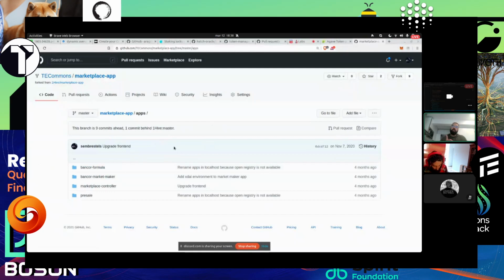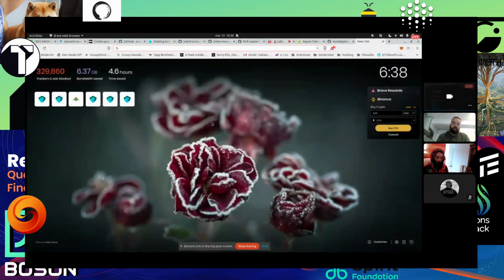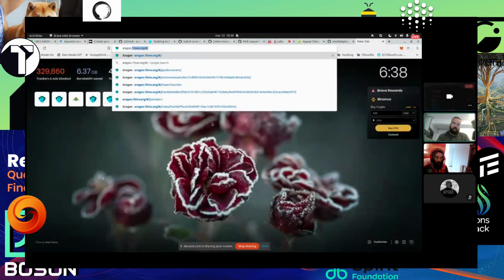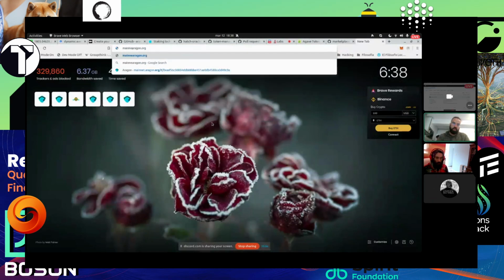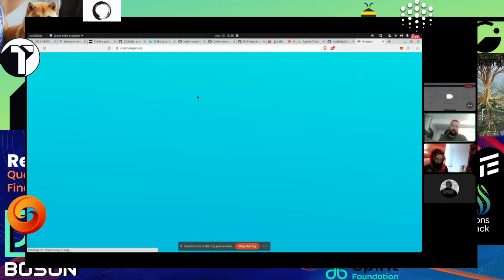I think that it's a very interesting thing also. It's not needed for now, but in order to choose those parameters, we need to understand them. I think that this is the more token engineering thing that can be very interesting. And to understand that, we can have Aragon. If you go to mainnet.aragon.org and create a new DAO,